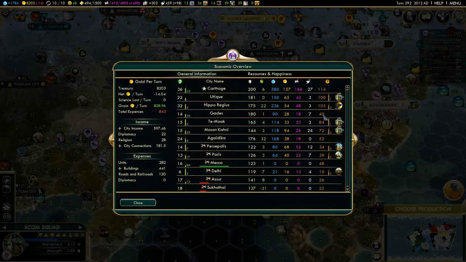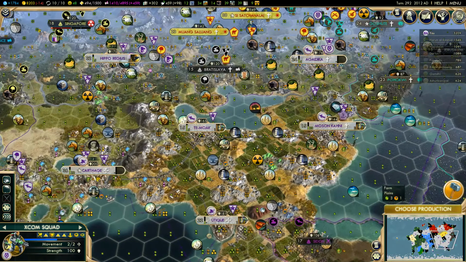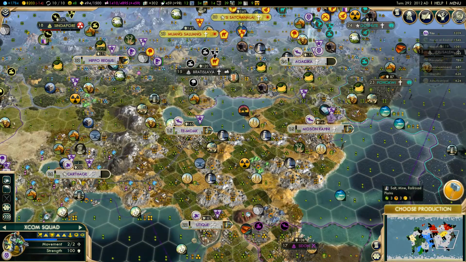Gades is 40, but that's the island city. Timok is 84. Molzenkai is 72. Agadaika is 52. These 3 are kind of good since I took them from a different civ, so it's okay if they're a little lower. And then the puppeted cities obviously aren't getting a lot. But yeah, if you have a ton of production, this might work, but if you don't, you might rather go